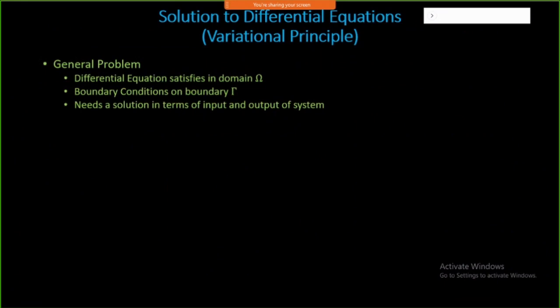So basically, what does variational principle method mean? Basically, it starts with your differential equation, and this is in a domain. Domain means, maybe for a 1D problem, my x is varying from 0 to L. This is my domain. For a 2D problem, I have two variables: x is now 0 to L, and y is 0 to M, something like that. Similarly, I can have a 3D problem. It starts with differential equations.